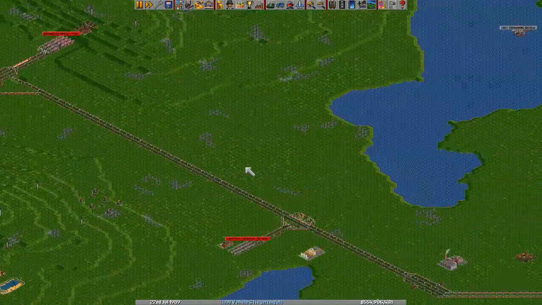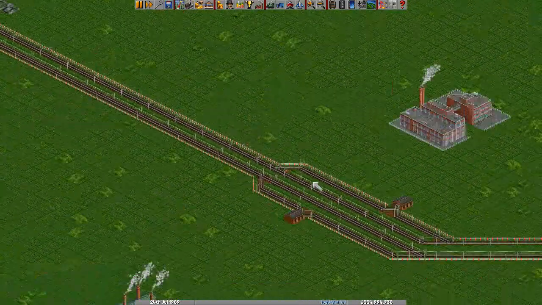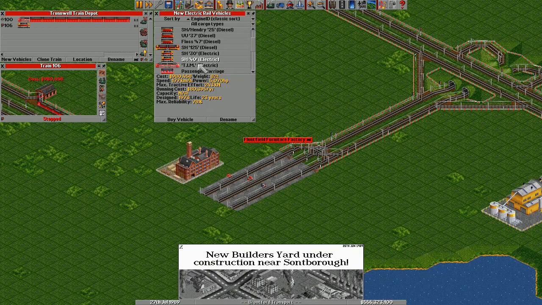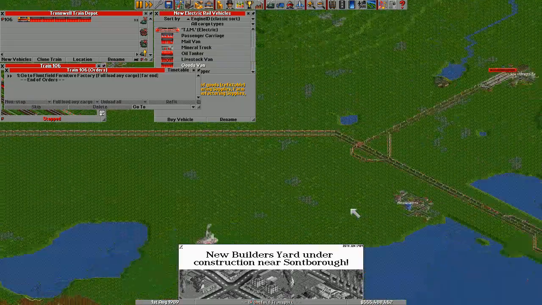Alright, so we got wood being delivered to the furniture factory. Now we need a train at the furniture factory to deliver stuff to the station down there. And this is a slightly shorter route, and we're gonna need a shorter train, so let's just go for one of these old ones. Goods van. Let's just go for 5 vans here. I think that's...